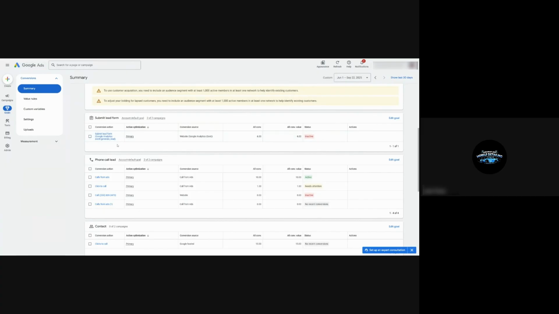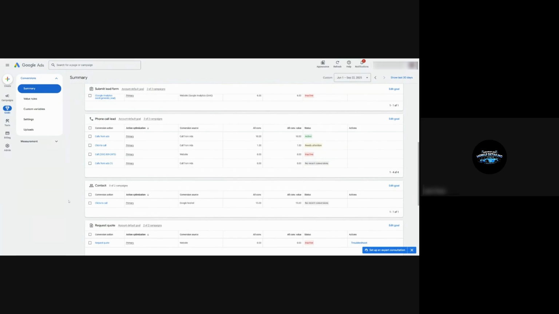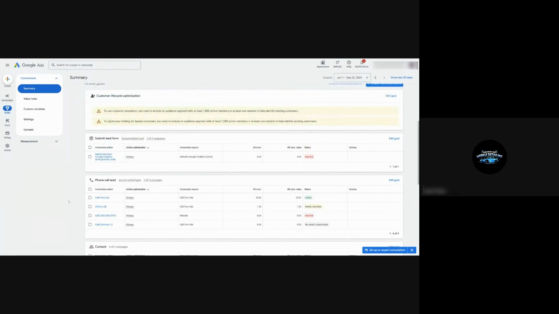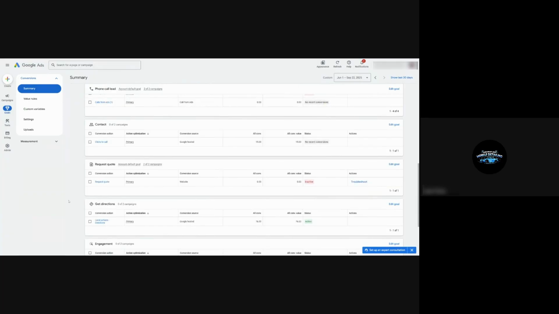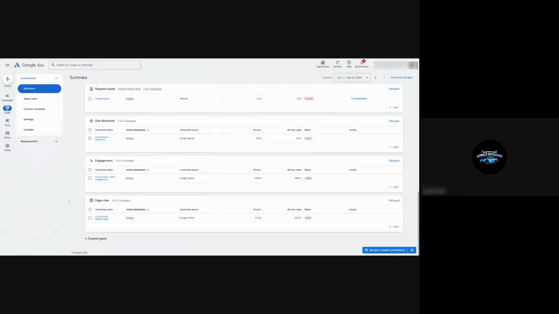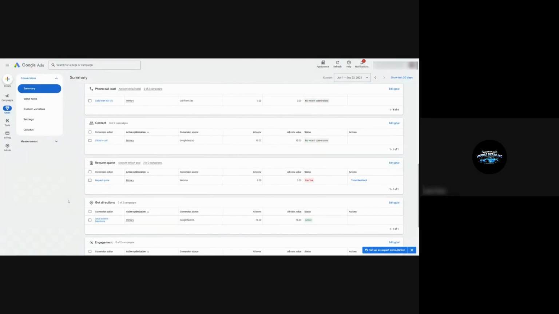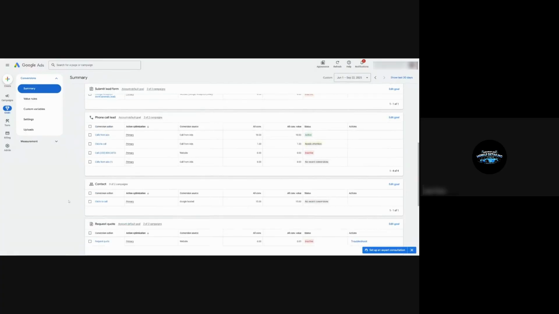The problem that I was having was on my landing page, it gives people the opportunity to click my phone number to call, or it leaves them the ability to get a free quote, or it also leads them to my online booking platform where they can automatically just book a detail. So it gives them those three options on the landing page. And I was trying to set it up properly, and it was tracking.